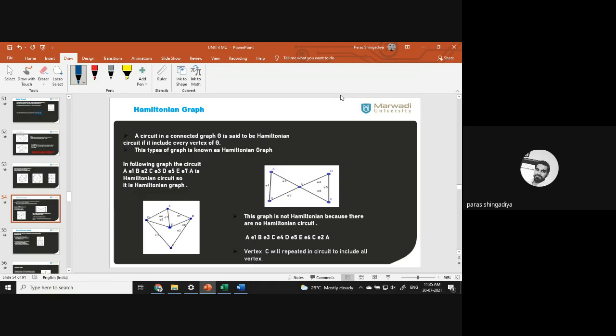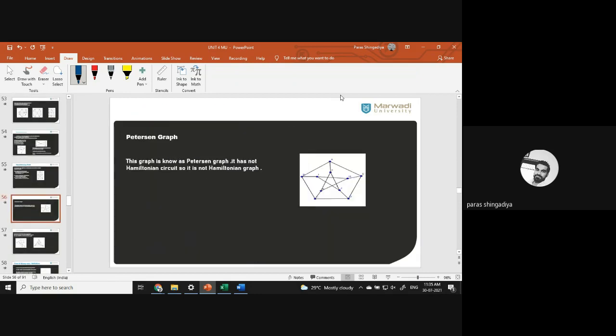Okay, now third one, that is Petersen graph design. That is a Petersen graph. Okay, structure of Petersen graph: it is created by using 10 vertices. First make a pentagon on the outside and consider a star on the inside. And then connect with particular vertices. It is known as a Petersen graph. Okay.